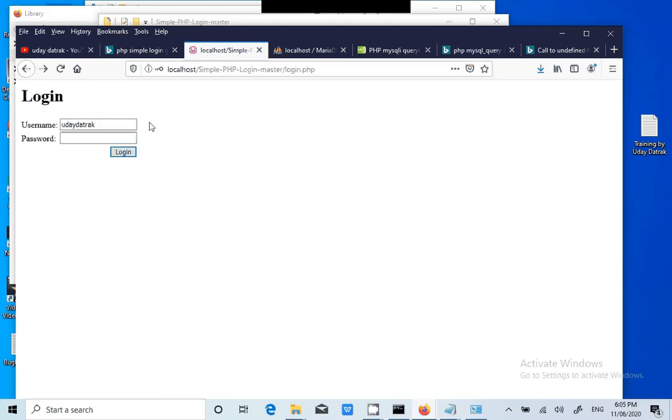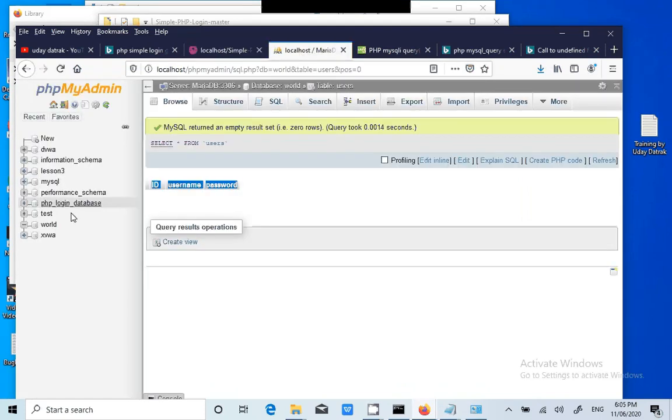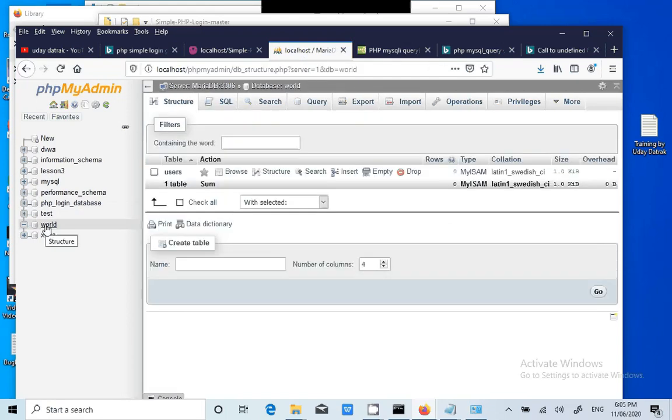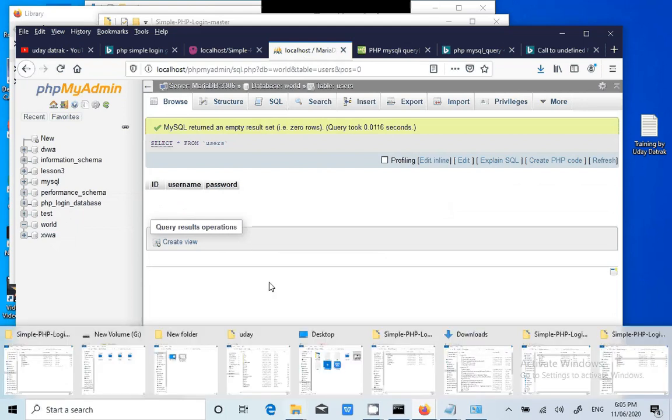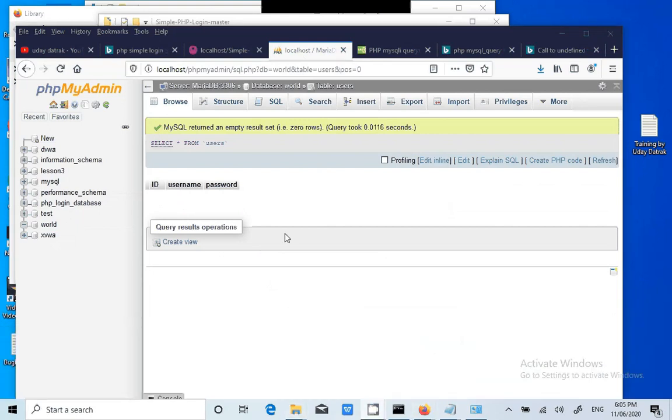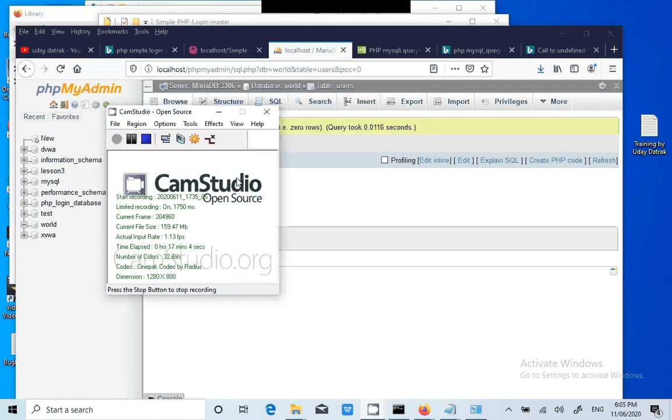Now when we registered, we need to see whether it was properly registered or not. For that, we need to go to the database name. Oh, nothing is inserting into the records. How much time do we have? We played around, so at least we got some experience. 17 minutes guys, so I'm going to pause it.